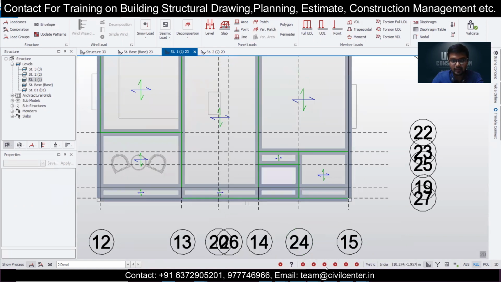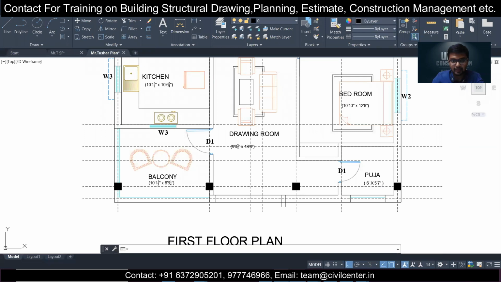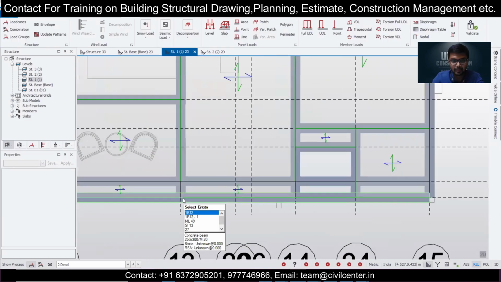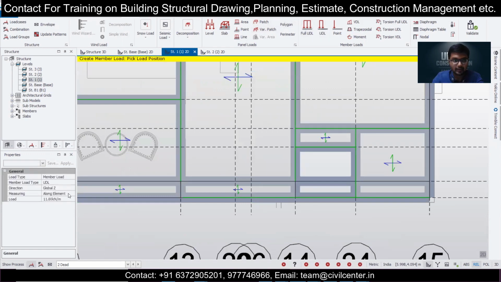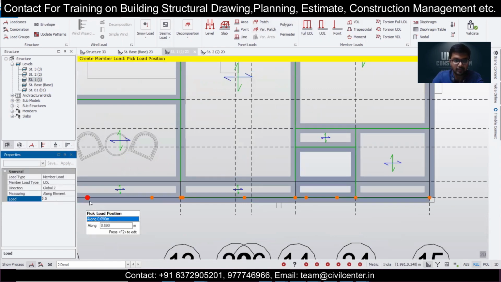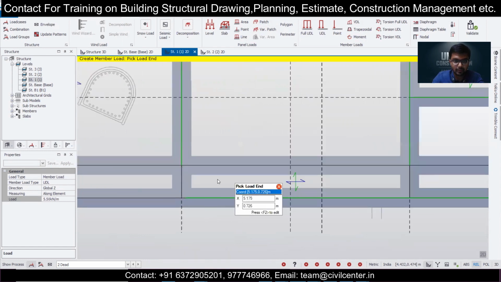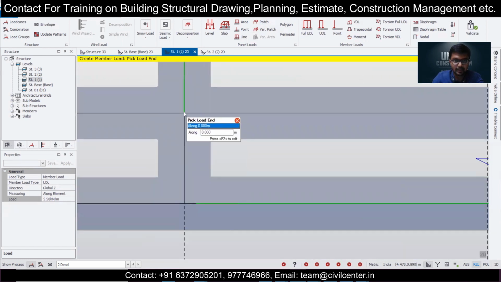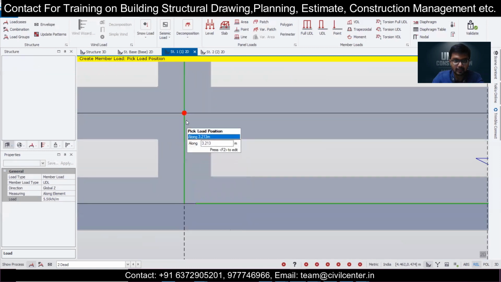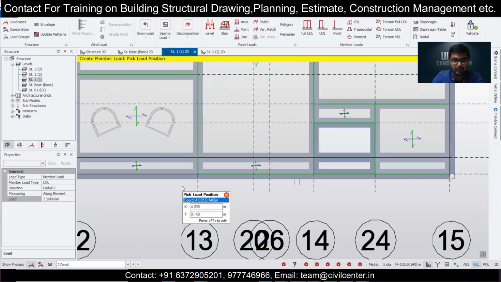Let's click on escape, and we can observe if we are having any difficulty here. For the puja room, we applied the full load, and we need to apply this load for this portion as well, the 5-inch wall load, UDL 5.5 in this portion, and from here to here. Let's click on escape, from here to here. It's a small portion, so it's a little bit difficult to apply. So just zoom in and let's see whether we can do this. So we've done this successfully.